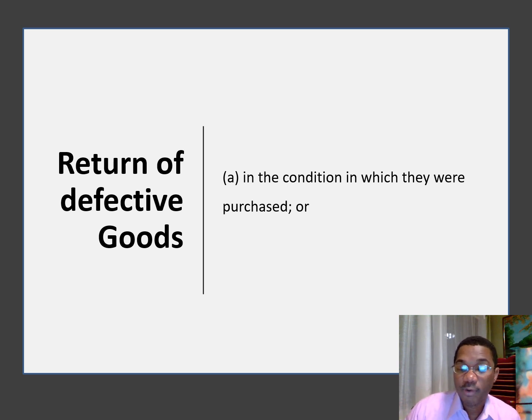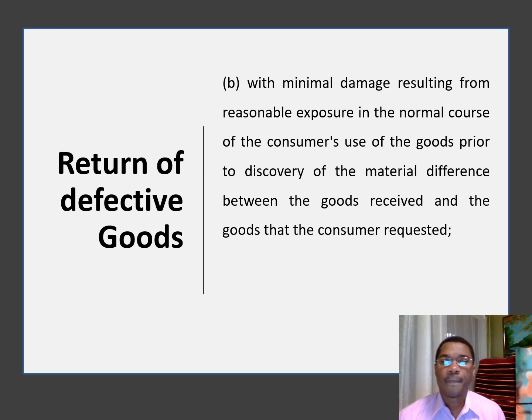So you must bring back the wrapping, you must bring back the receipt, and the different component parts if it is something to be assembled. And this is because the act requires that. So there really shouldn't be any further damage to the item than the defect with which it was bought, and these things will be subject to